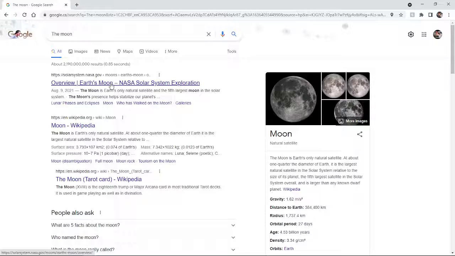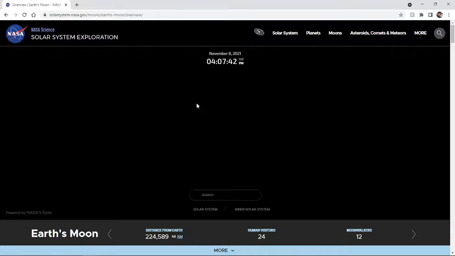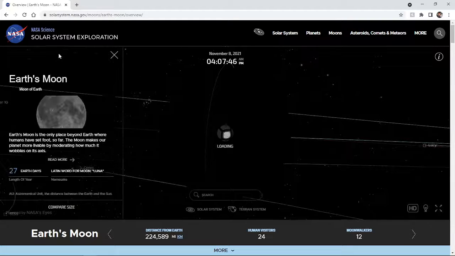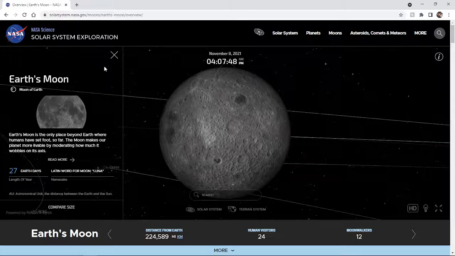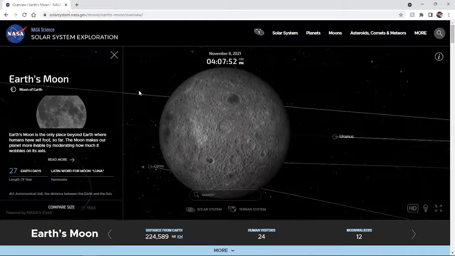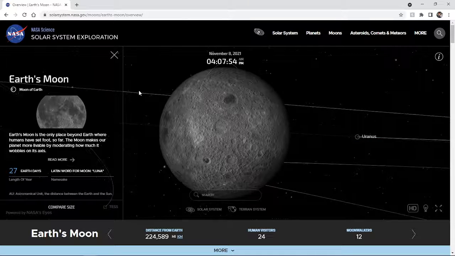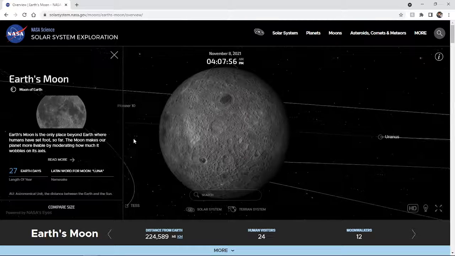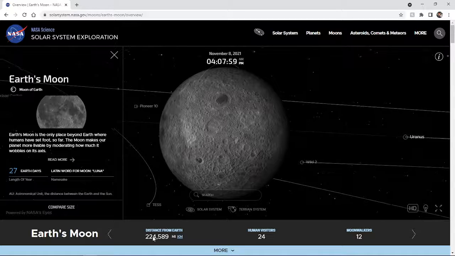And again, we're going to left click the very top link, and it'll take us to here. This looks like it's the NASA Science Information System, so it looks like it's information about the solar system, and this is great. I mean, this is a lot of information, right? So if I wanted to know how far away the moon was from the Earth, I've got it right here,